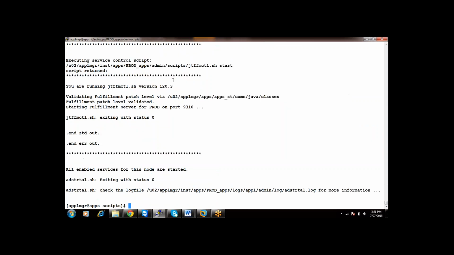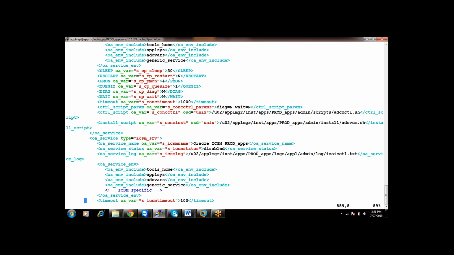Santosh, this inst top won't contain the database configuration file, correct? No, it's only the application. The database configuration file resides in your database RDBMS Oracle home. So in inst top it won't be there. No, it won't contain the database configuration. So there will be only two context files, one from the application layer and the other from the database layer. Yes, exactly.